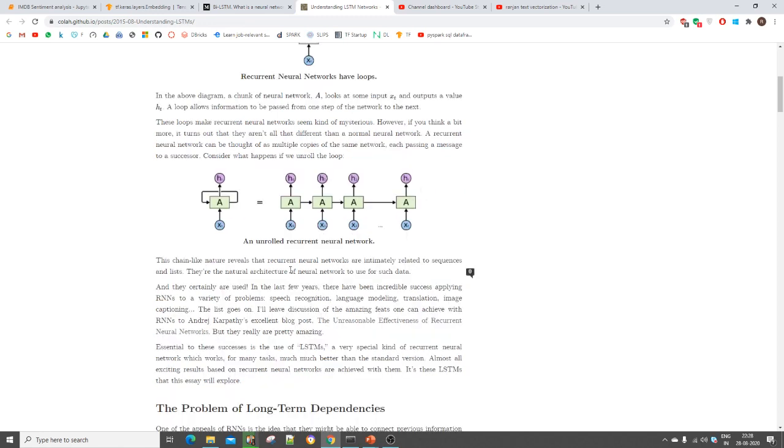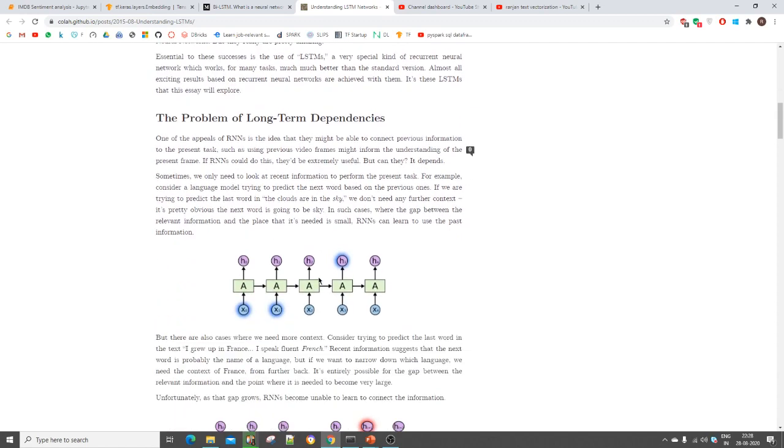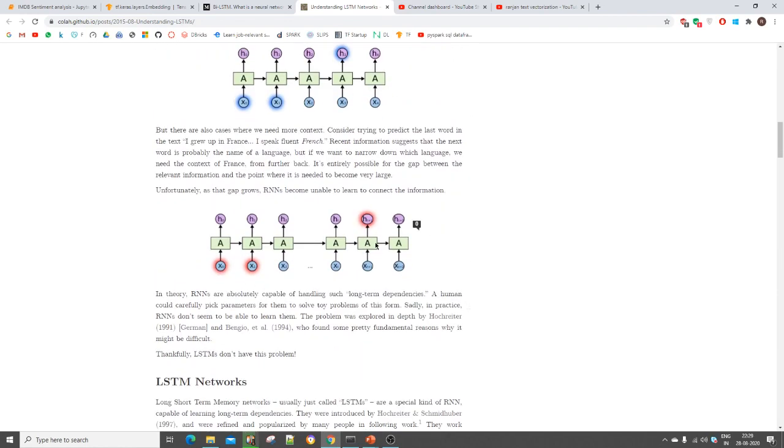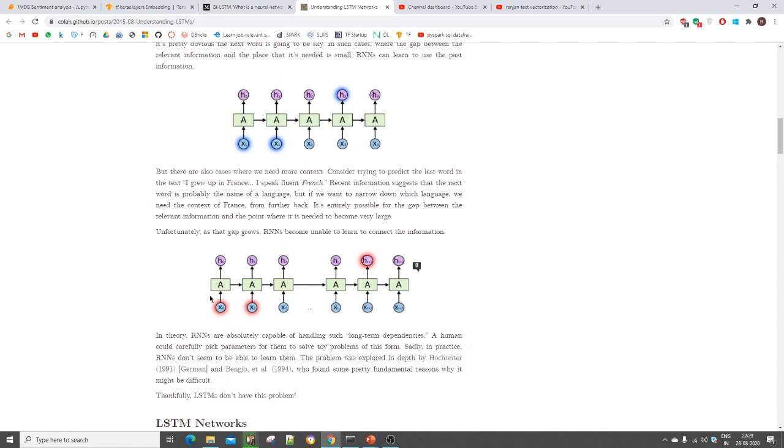In the case of RNN, we have some problems like exploding gradient and vanishing gradient. The weight change is either getting very small or very high. In the case of exploding, it is getting very high, so we are not getting the perfect weights. In the case of vanishing gradient, the difference that we need to update into the original weight is getting very small. To solve such problems, and the problem of long term dependency, because if we have a very long sentence it has a memory problem. It is not able to store that memory; it only stores its consecutive memories, but previous input is not getting saved.